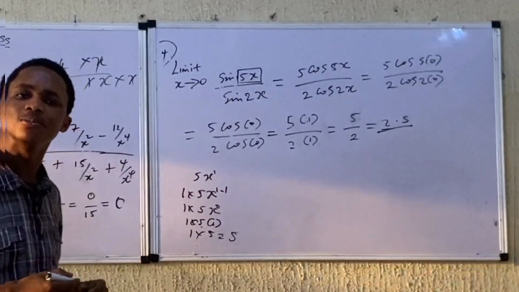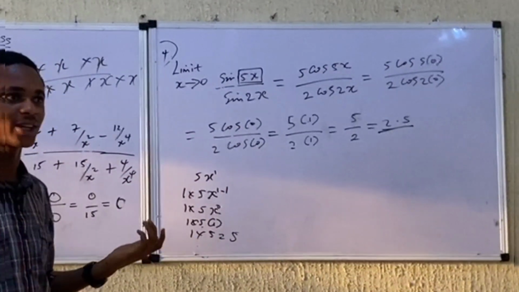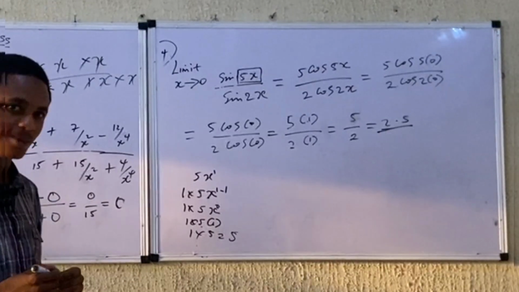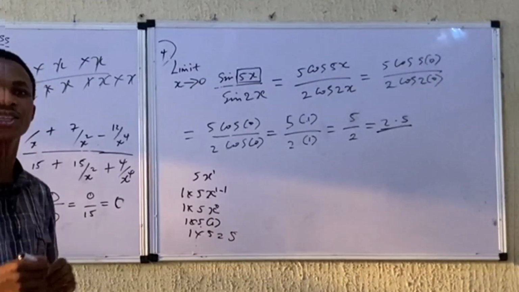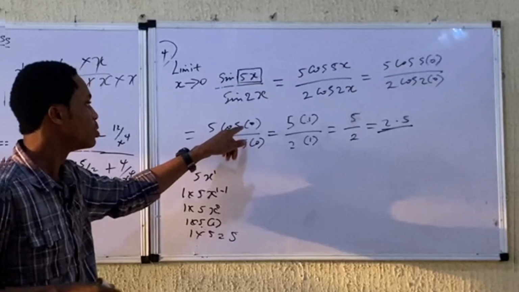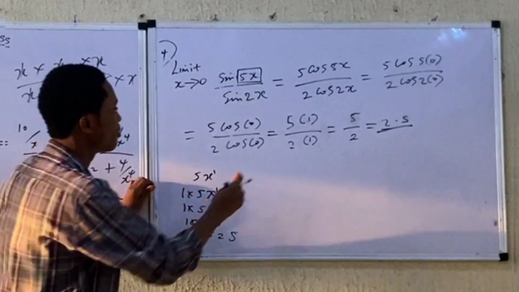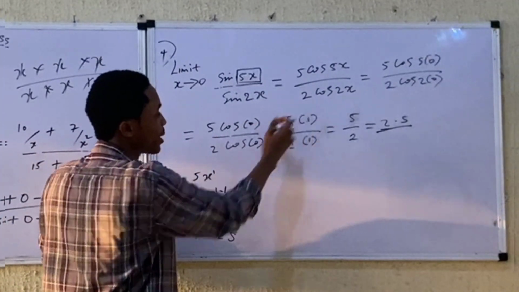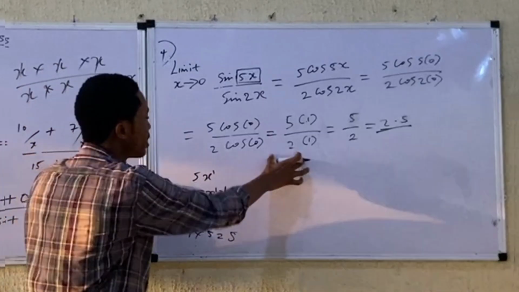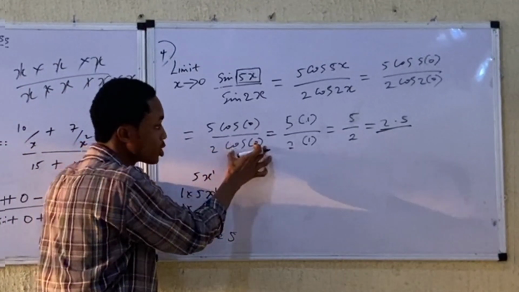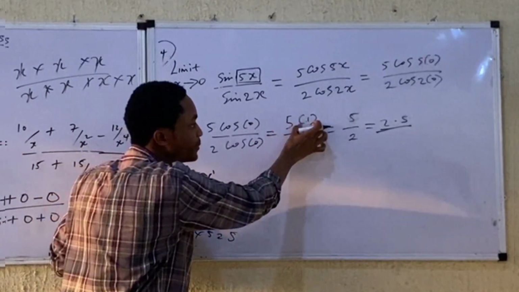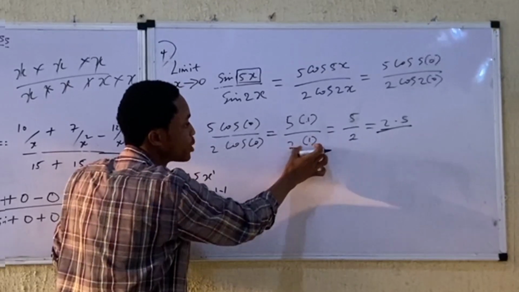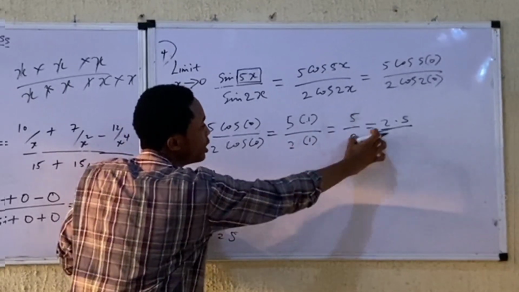5 cos 0. Remember from secondary school, cos 0 gives us 1, while sin 0 gives us 0. So cos 0 gives us 1, which is 5 cos 0, 1, all over 2 cos 0, and cos 0 gives us 1. So 5 times 1 is 5, 2 times 1 is 2. So 5 divided by 2 will give us